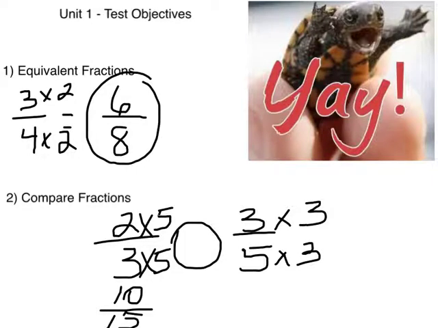And you'll notice our new denominator, once we rename this fraction, is 5 times 3, so 15. We now have common denominators, or the same size pieces, and then 3 times 3 is 9. Now we have 15ths and 15ths. Much easier to compare because we just had to compare the 10 and the 9. Which one's larger? Well, 10/15. Therefore,